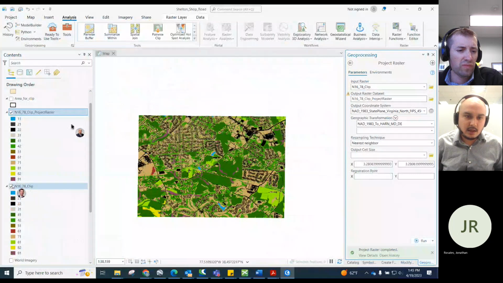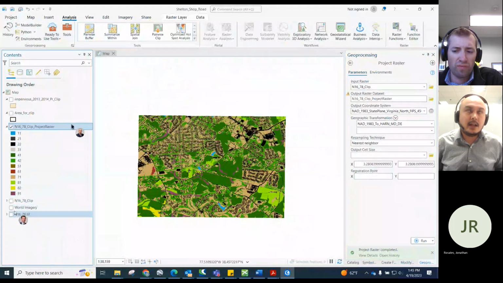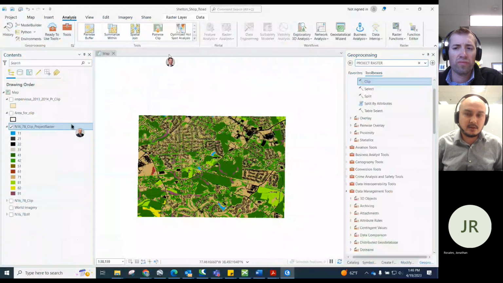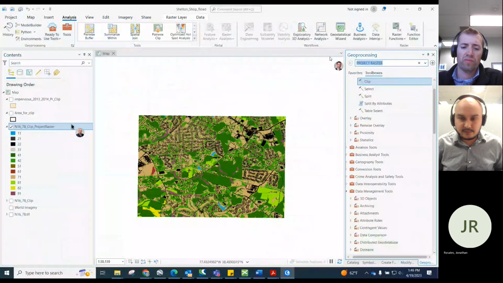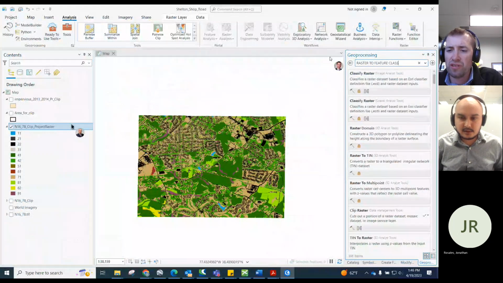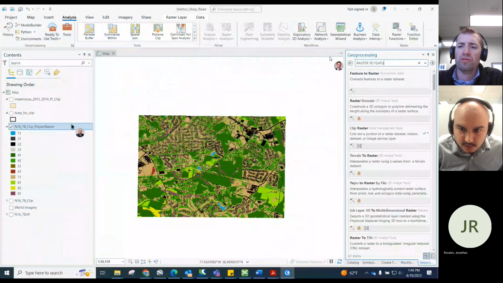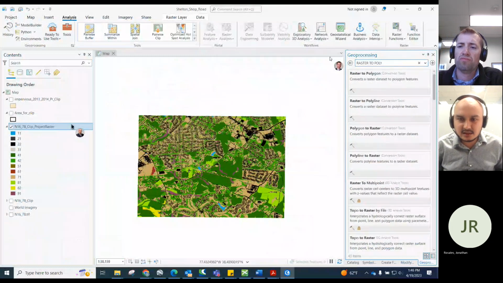Now again, go to the tools. We need to find, I think, raster to feature. Search tools like raster to feature class. Or maybe raster to polygon or something. Let's see.